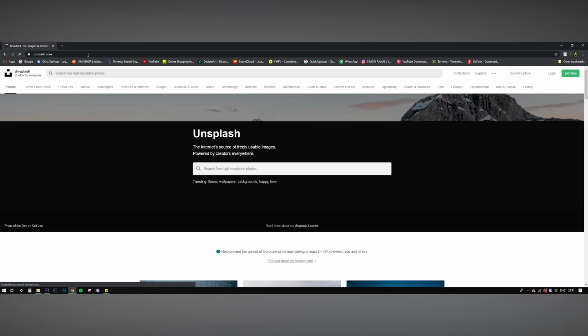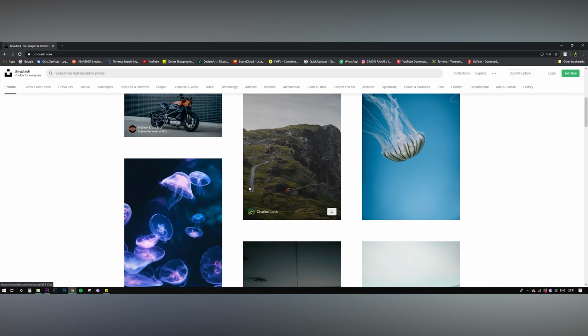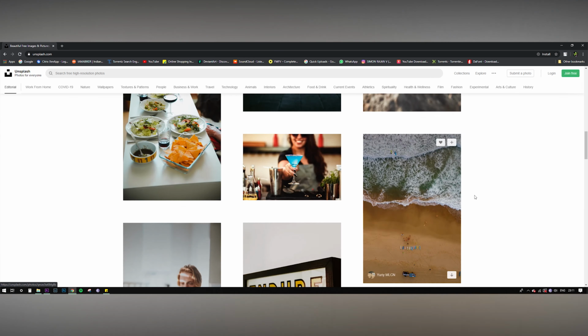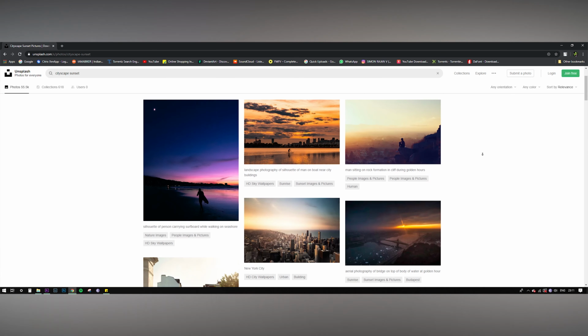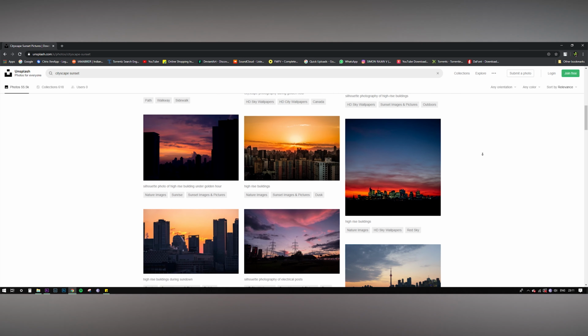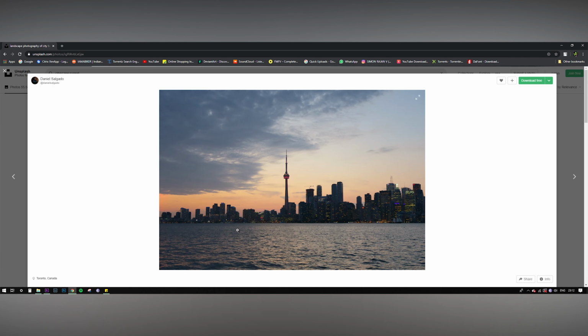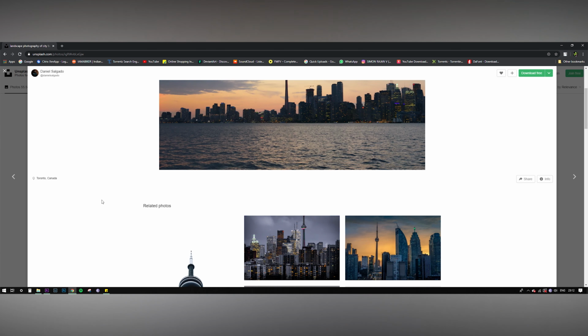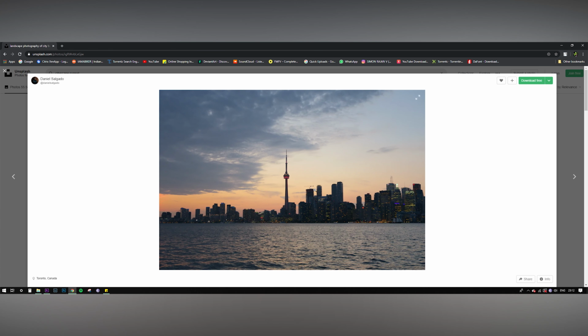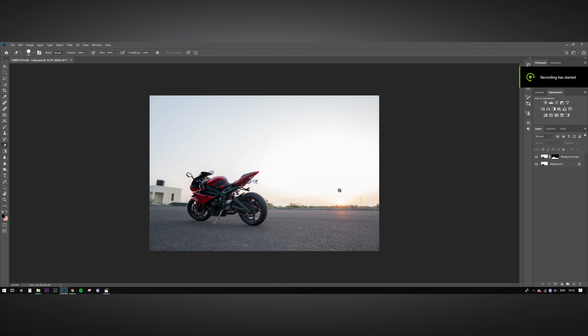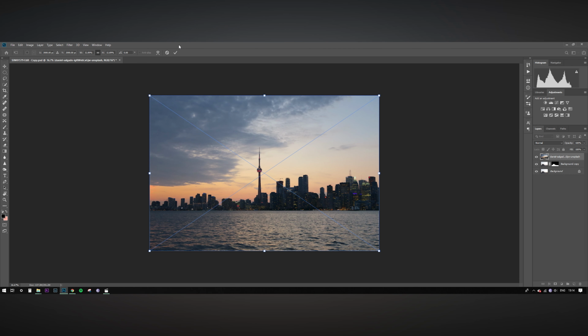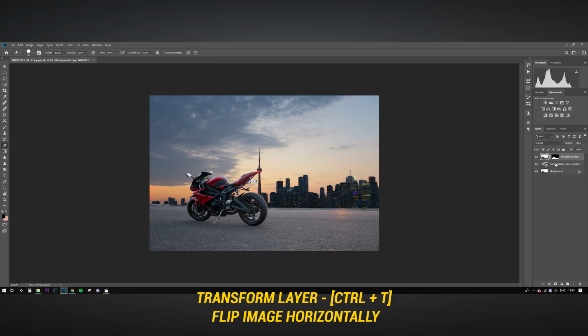Unsplash.com is a website where you can find free to use images of all genres. So in my mind, I just needed something like a cityscape in the background, which would look really good for the character of a bike. And I felt that this image clicked by Daniel Salgado, a cityscape from Toronto, would be perfect for the picture, because the sunset is on one end of the picture just like the one in my picture as well. Drag and drop the image into the dock and layer it below the original bike layer.